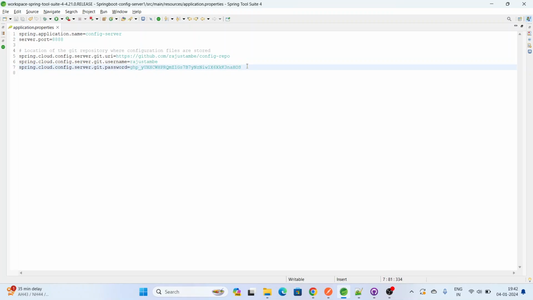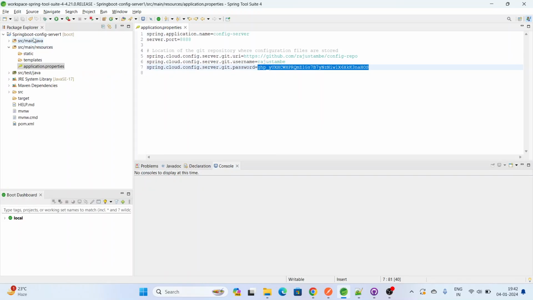Okay, so you should have git URI, the repo URL you have to paste, and username and password. This is personal access token. Okay, so let me run this